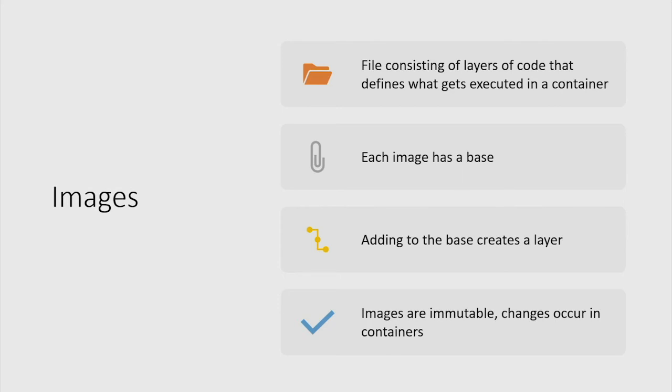And each image has a base, and the base is an OS. It's an operating system it has to have underneath it, but it only pulls the bits of the operating system it has to have. But each image is also a base. And what you can do is add a layer to your image. In other words, you can get an image, not modify the image, but put some stuff on top of it and create a new image.